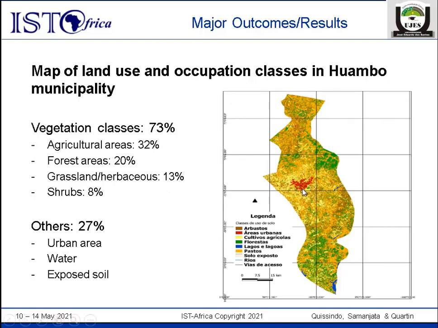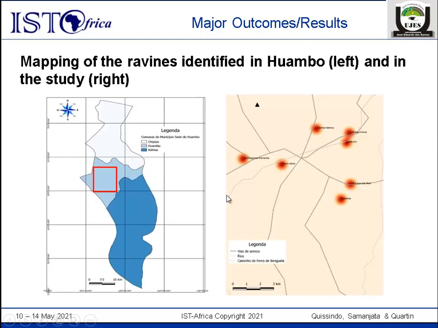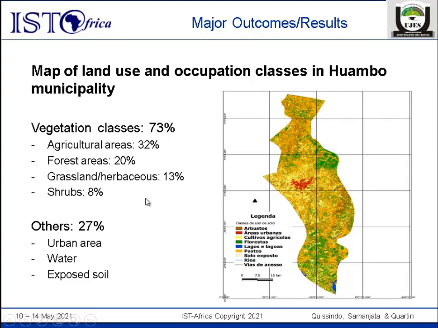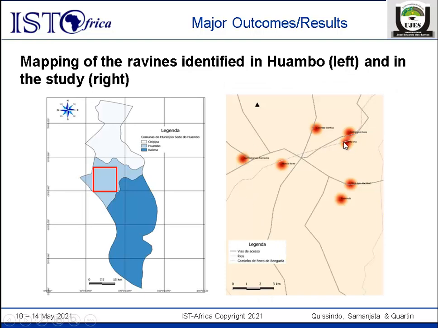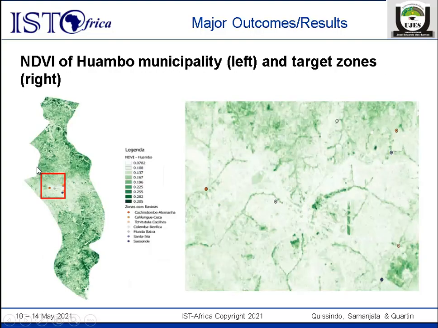So we must pay attention to the center of this municipality, in the red color area, because in this area we identified 7 ravines in the study area, and we related the normalized difference vegetation index, NDVI,